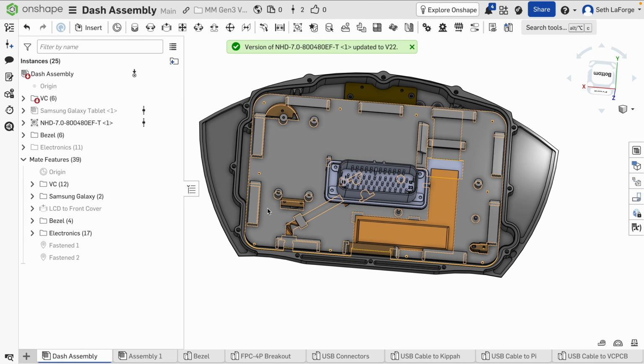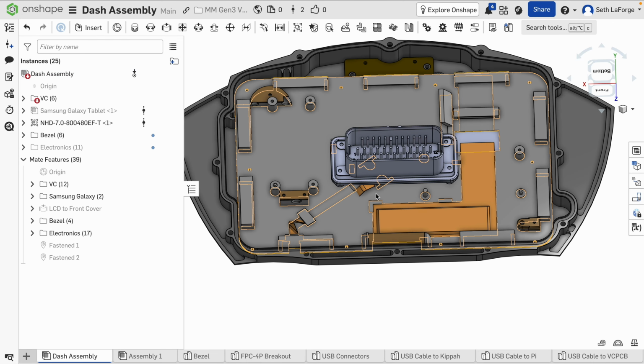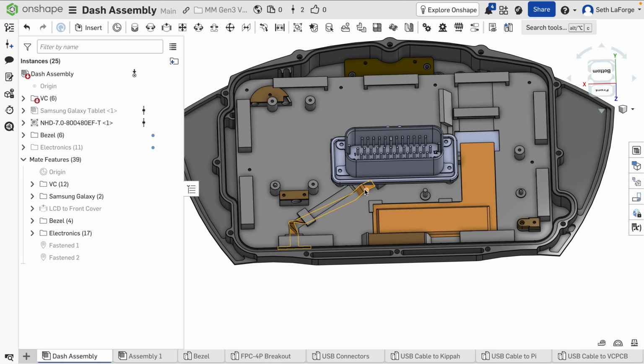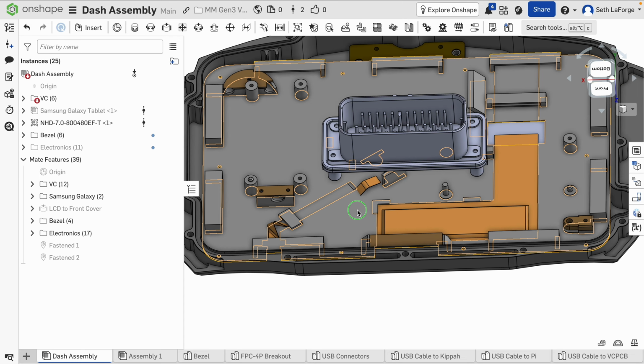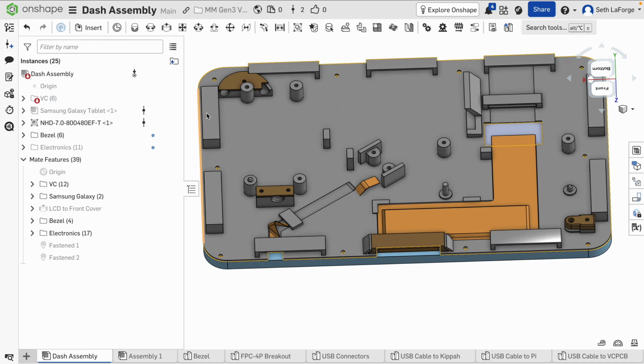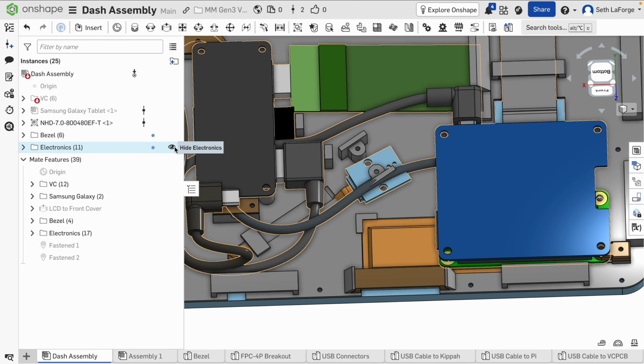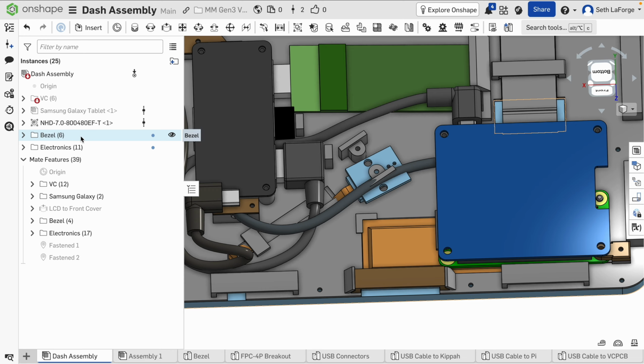Okay, that was confusing. We are now back in our assembly for the dash, and you'll notice this ribbon has changed angle, but nothing is updated to actually match. Let me turn this off. So it doesn't match up with that board. It's in the wrong place. There's also a bunch of new blue dots. So we can follow the blue dots. We can go to the